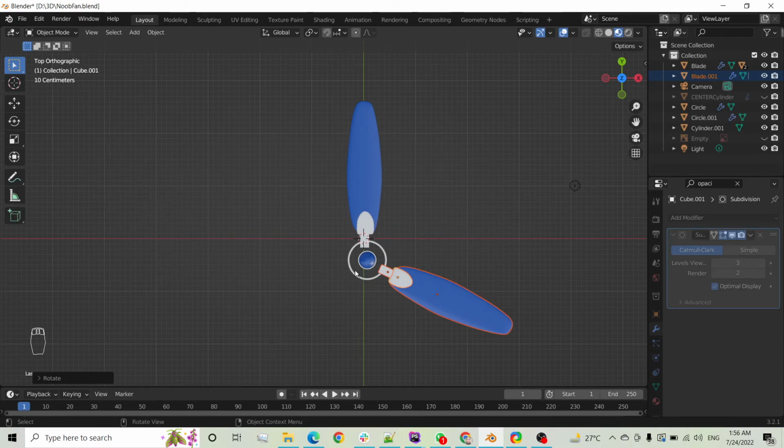So with third we will be adding here like this. So these would be three wings of our